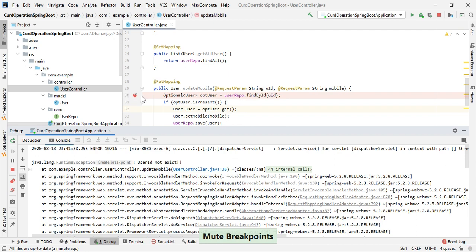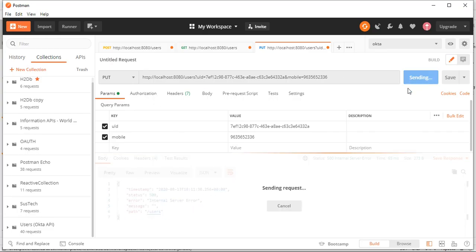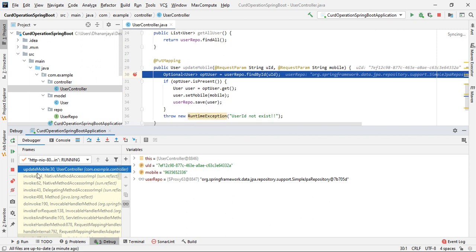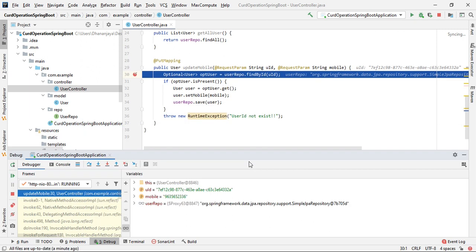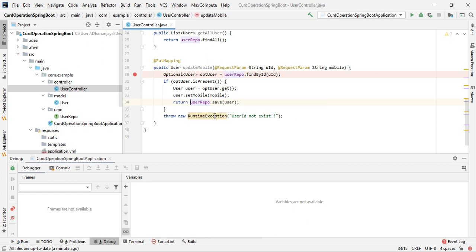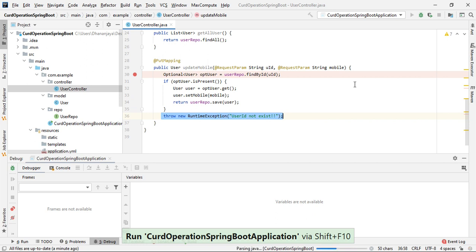Okay, let me enable the debug point. Okay, now we are getting the UUID. Okay, sorry, I have made some mistake here. We need to return this one first. Instead of returning, we are directly saving. We just need to return, because if you don't return it will come to the throw and it will throw the exception. It's my bad actually. Let's start the application and test.